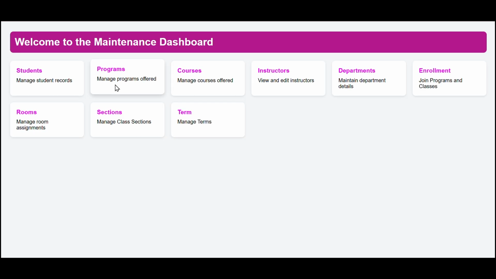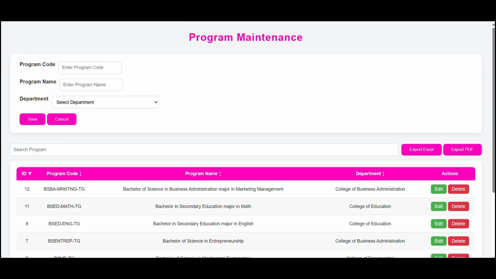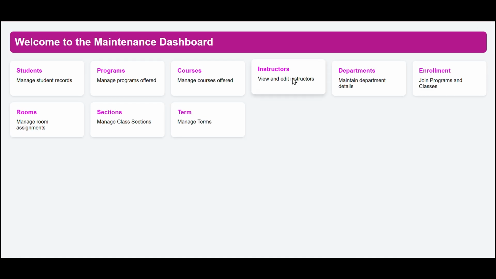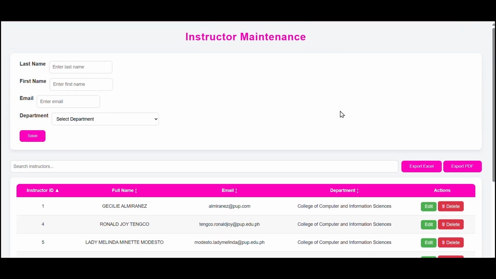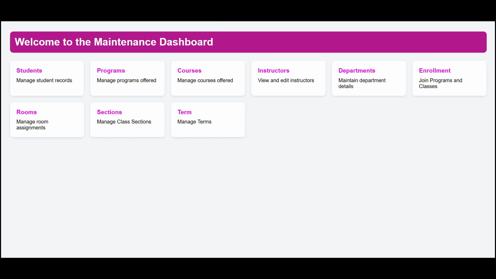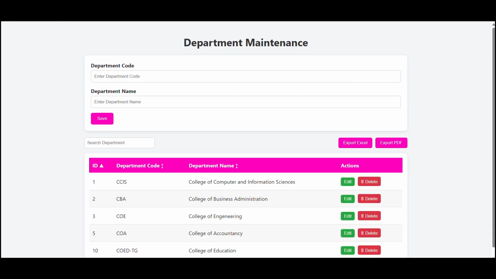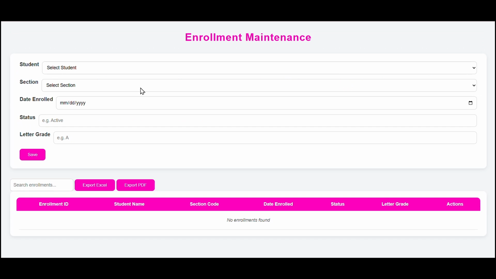So this is the program maintenance, the course maintenance, the instructor maintenance, the department maintenance, the enrollment maintenance. This is also fully functional.